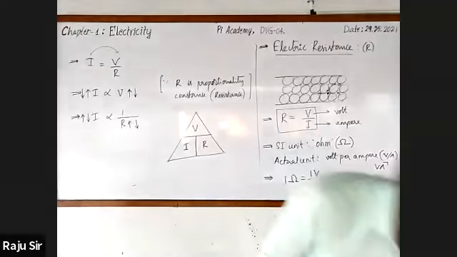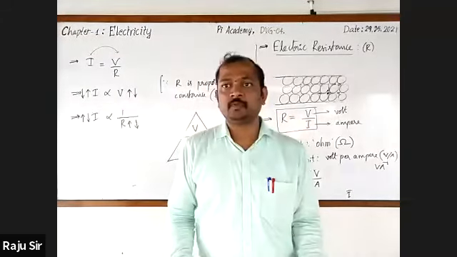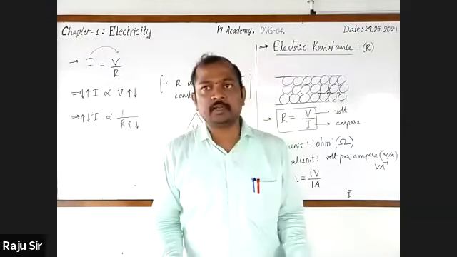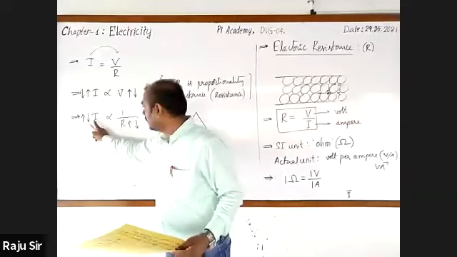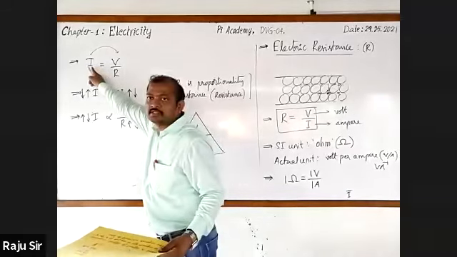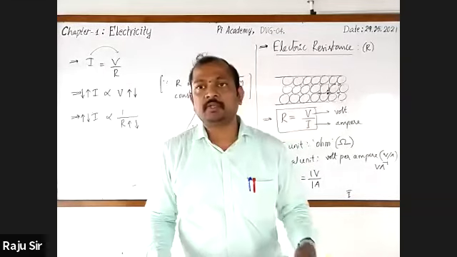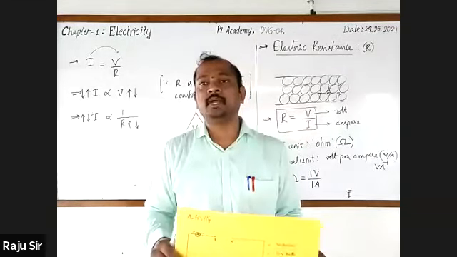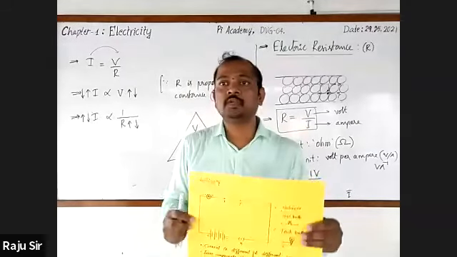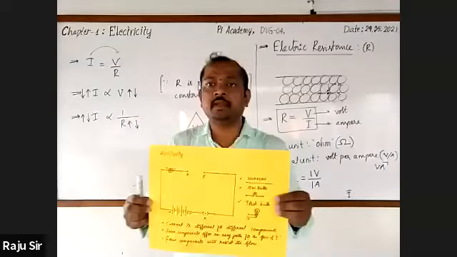Did you all understand? Yes, sir. Dear students, let us go for a simple activity to know again the relationship between I and R, current and electric resistance. We have already come to know the relationship between I and V, and even yesterday we came to know an activity conducted by George Simon Ohm. Now we are going to know again the relationship between I and R through an activity.